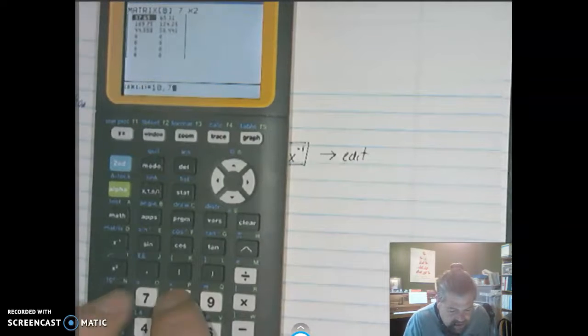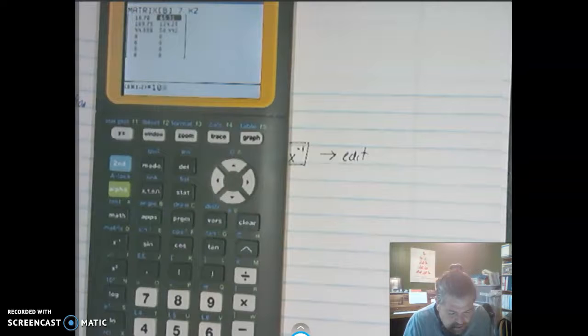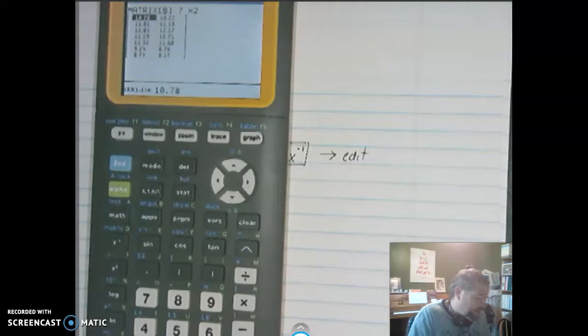So 10.78, 10.22, 11.81, 11.19, 12.83, 12.17, 11.29, 10.71, 12.32, 11.68, 9.24, 8.76, 8.73, 8.27. All right, so then there is my